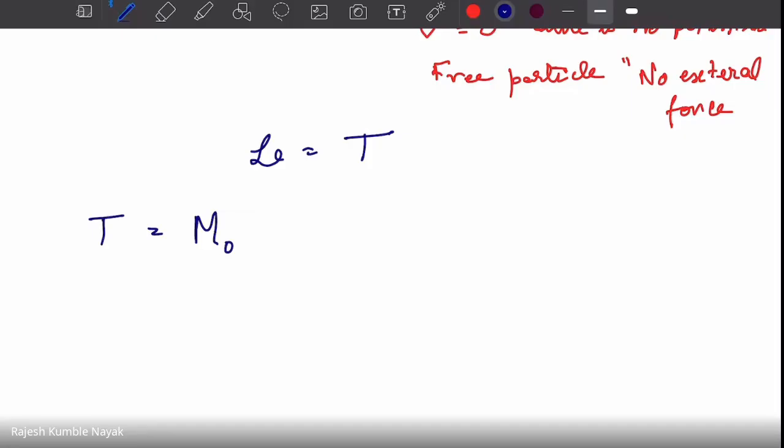Okay, so let's come back to this. I want you to look it up, but I'm not giving any detail. The kinetic energy in a general form can be written as a term m naught, which doesn't depend on the generalized velocity at all. It depends only on the generalized coordinate.